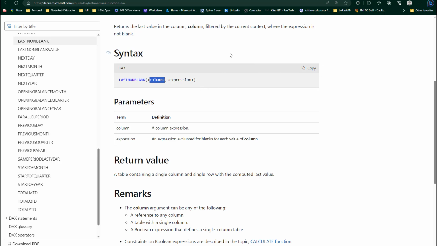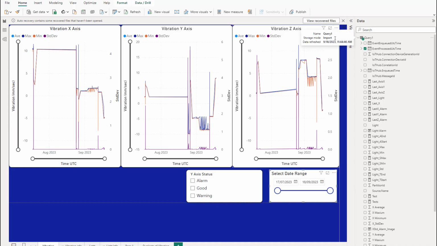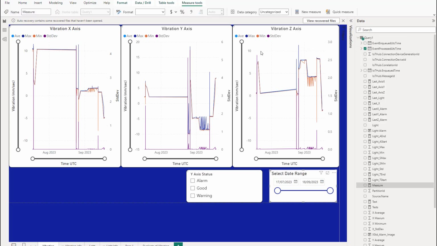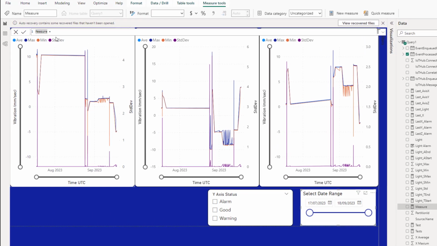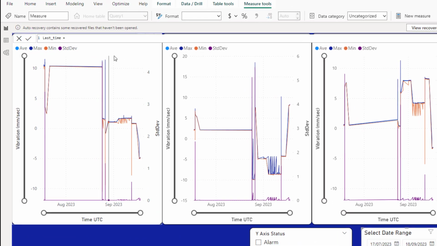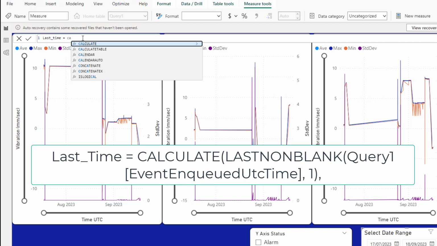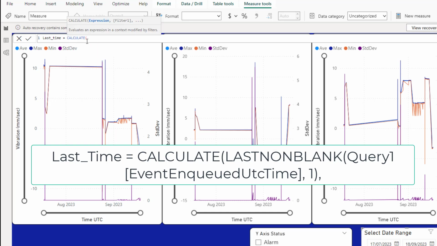So let's have a look at how we build the expression back up in Power BI. So as I said, come over here, new measure, and then we get this table. We're going to call this last time. Let's start building up our expression. Again, I'm not an advanced coder. I've got this from the example, so type in CALCULATE and we'll use this to build the expression up for us. It's already opened the bracket, and as I said, it's